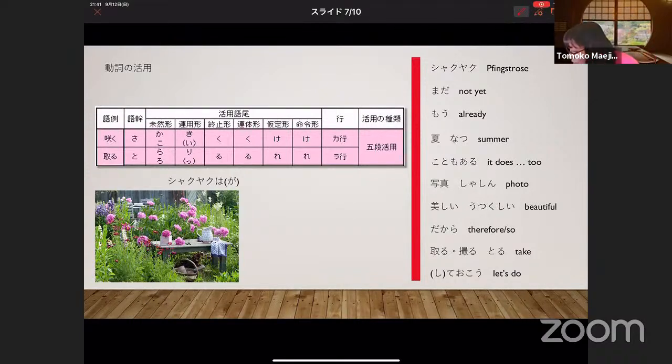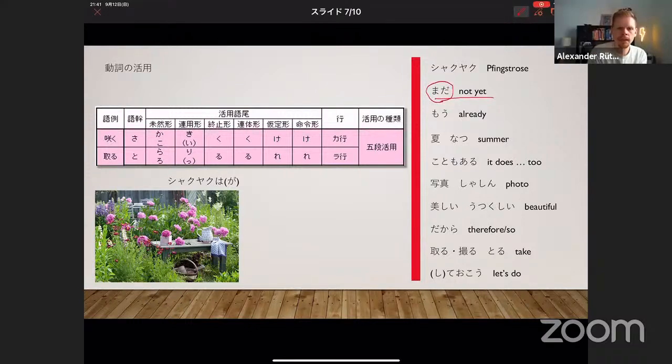You can use not yet, mada. Shakuyaku wa mada, negative. Sakanai. 芍薬はまだ咲かない。